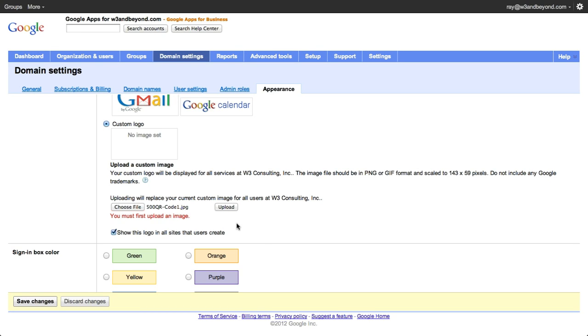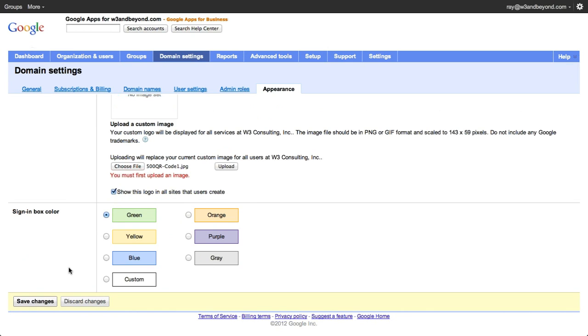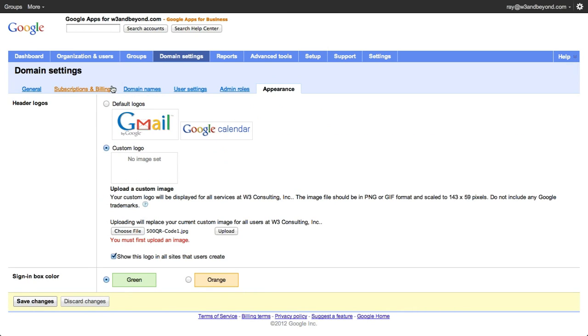Okay. Then you can change colors for the sign-in box. Say you want it to be green. I would want it to be green for my business brand because it's green. And so then you'd have that there as well. And so you can change some of the minor header and sign-in colors and appearance issues. So that's under domain settings. Going under reports